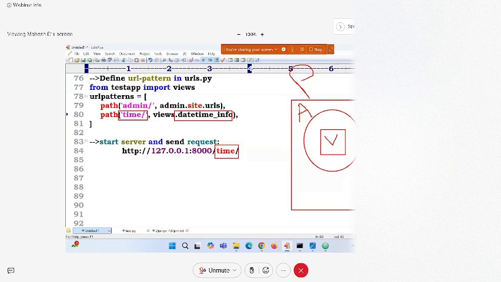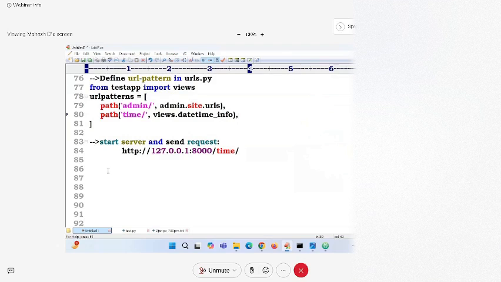Now I have another application. App 1 and app 2. App 2 also has one view. I want to define URLs for this and call the multiple apps. Single project with multiple applications. The process is everything same. The only main thing is the import statements at the time of defining URLs, because the same views file is in multiple applications. How to call these? Now my scenario, previously, the first one